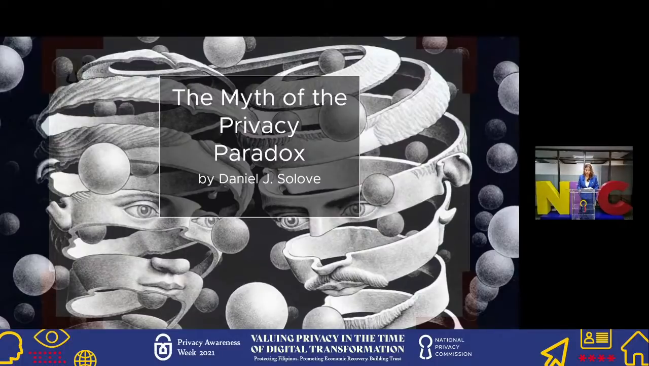He has written more than 50 law review articles in the prestigious scholarly journals in the US, contributed to amicus briefs before the U.S. Supreme Court, and has served as a consultant or expert witness in a number of high-profile privacy cases involving Fortune 500 companies. Prof. Solove will provide his expert opinion and analysis of the privacy paradox, or the phenomenon where data